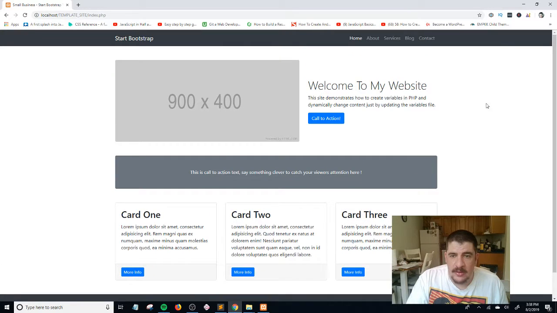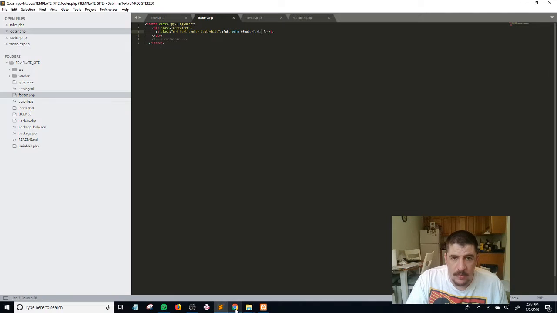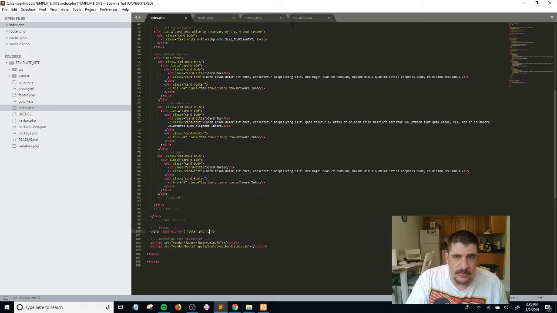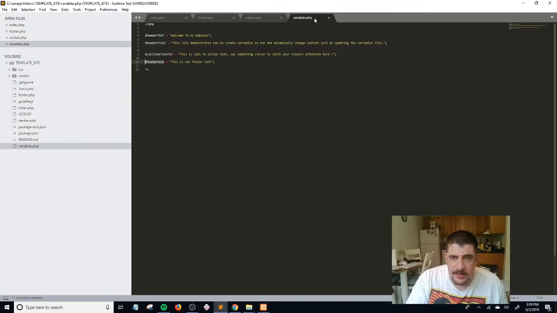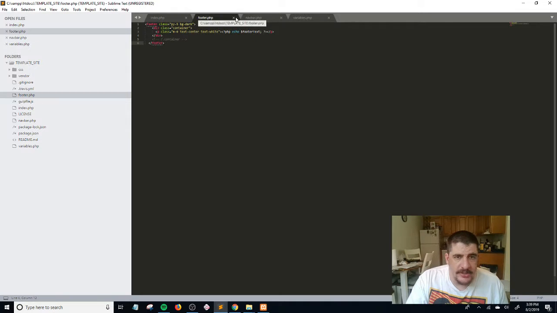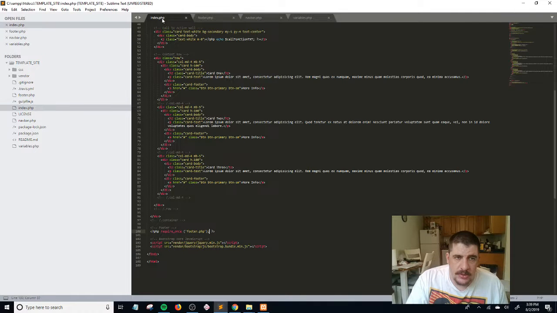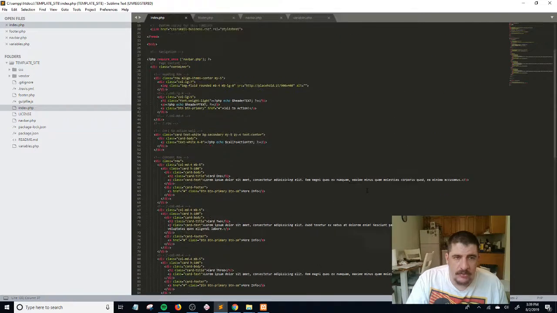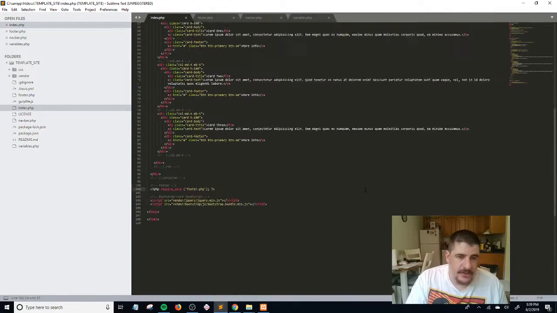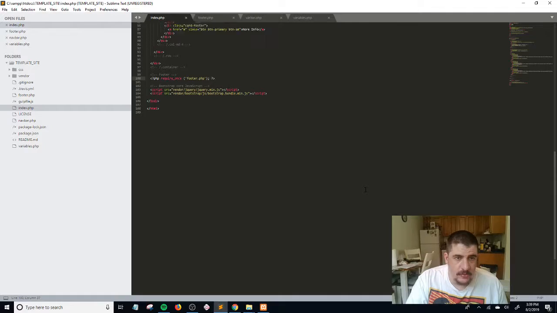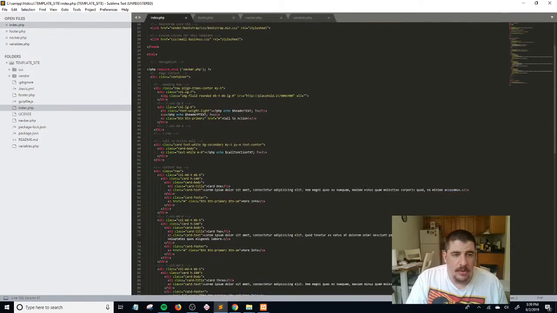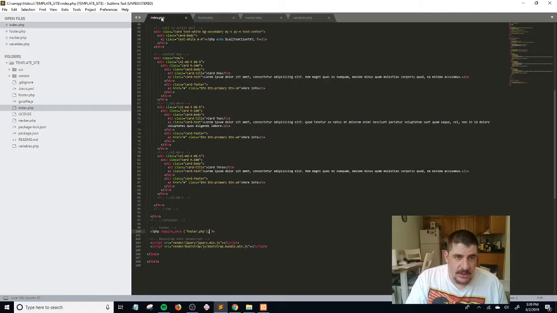So now you have a perfect way to manage content on your built-from-scratch website using just a little bit of PHP code, and you can update your content through this variables.php file. And I have also shown you guys how you can save components like your navbar and your footer to be able to reuse them time and time again throughout your entire website. So say for instance I just wanted to start a new fresh page altogether, all I would have to do is essentially